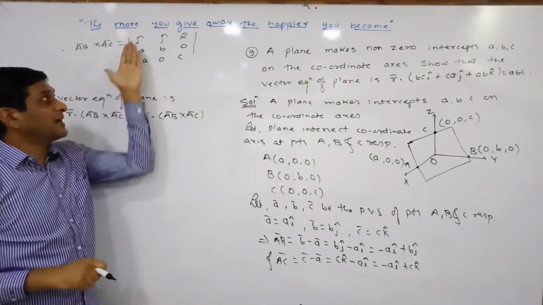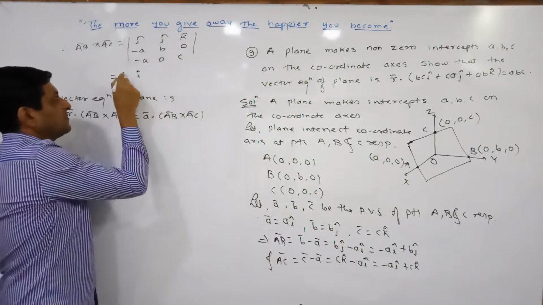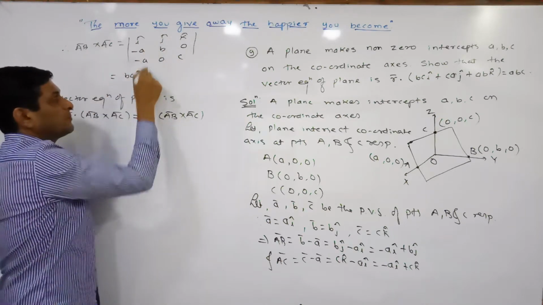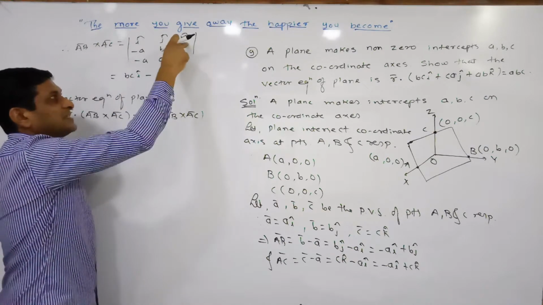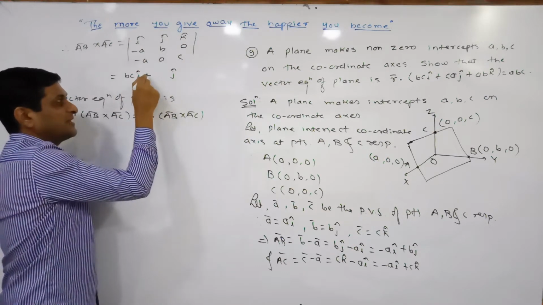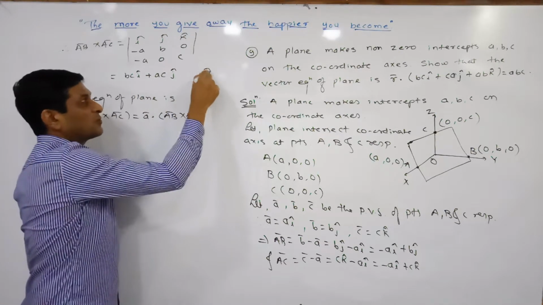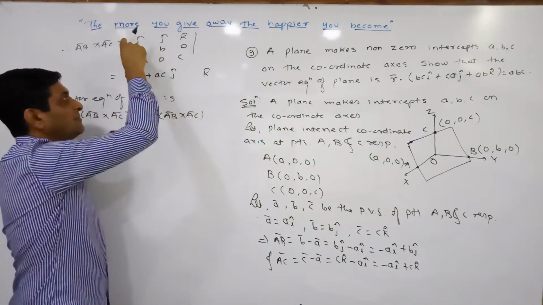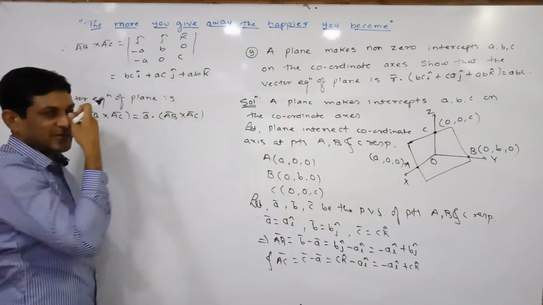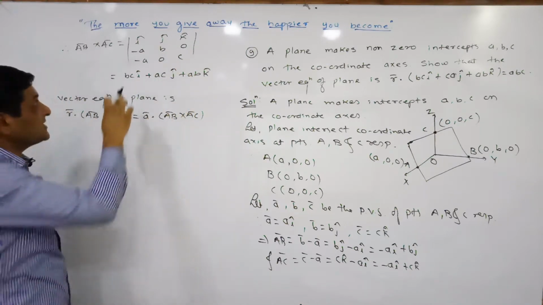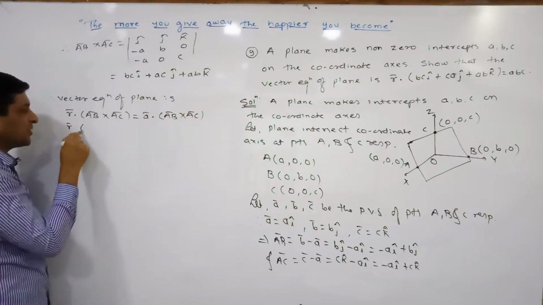Now let us simplify this determinant. First write down i cap, delete this column. So BC minus 0 will be the value of the determinant of the remaining 4 elements. Here plus j cap is there, so take minus j cap, delete this column. Minus AC minus 0 is minus AC, and this minus will become plus AC. Lastly, let us find the coefficient of k cap, delete this column. 0 minus minus means plus AB, 0 plus AB will be equal to AB. Once this value is known to us, the remaining part is just to substitute this value in this formula.